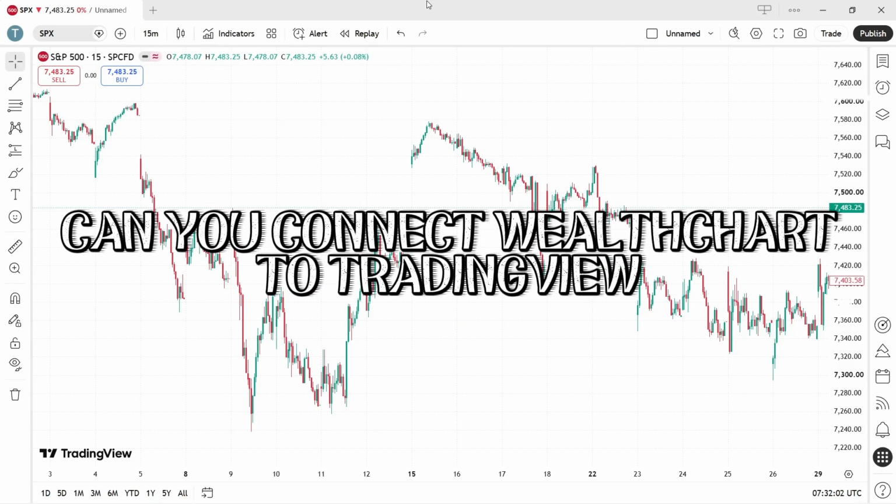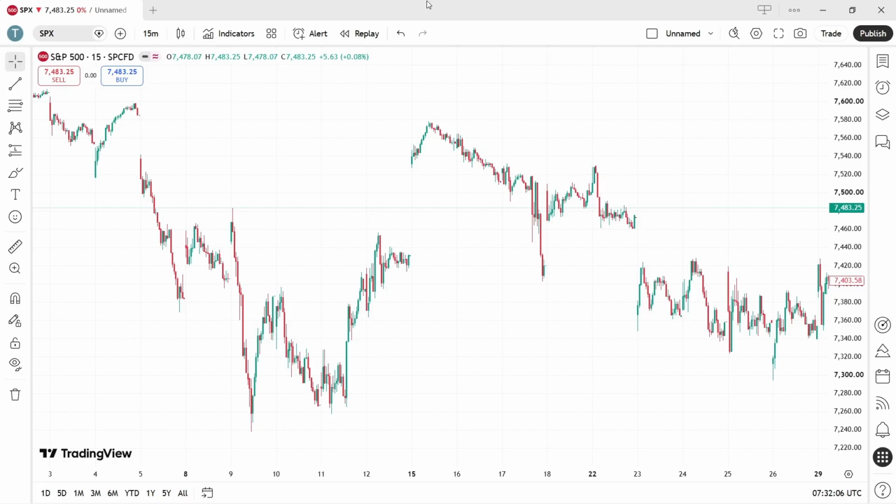Can you connect your wealth charts to TradingView or not? Now, the simplest answer to this question is no, you cannot connect your wealth charts to TradingView. But if you still want to check if you can or cannot, because sometimes you might be able to do that,